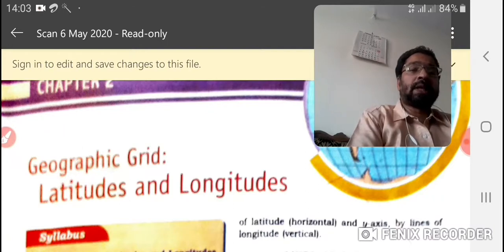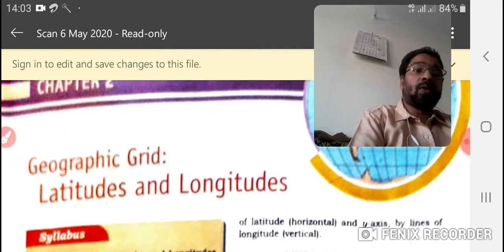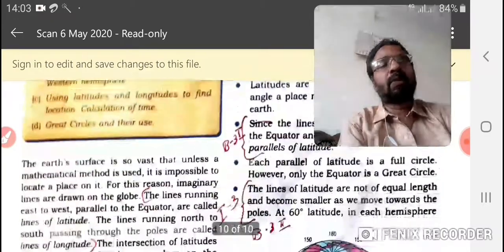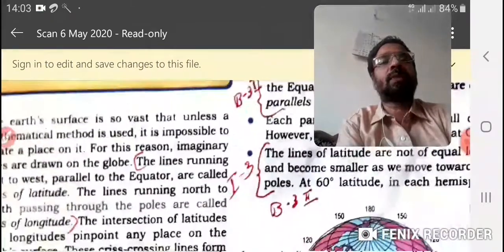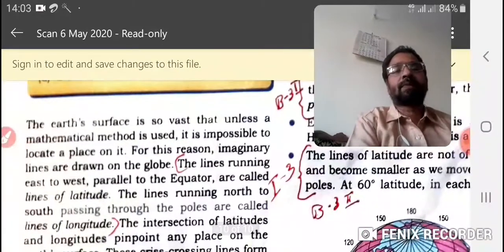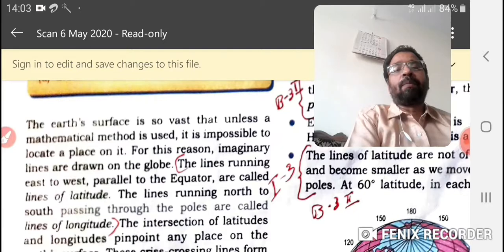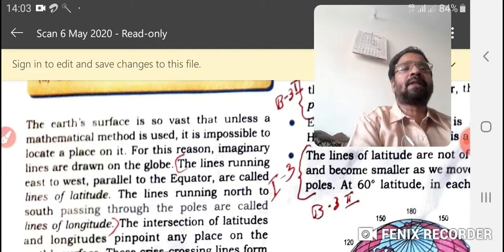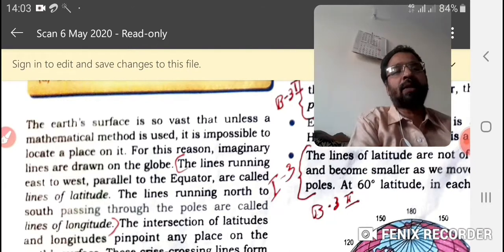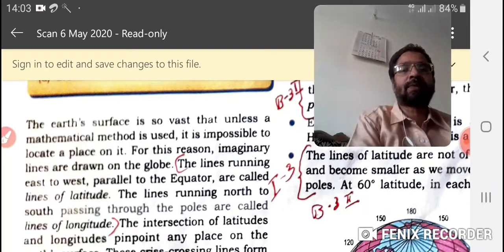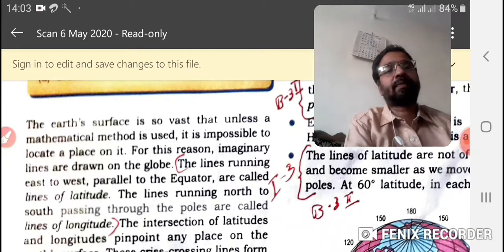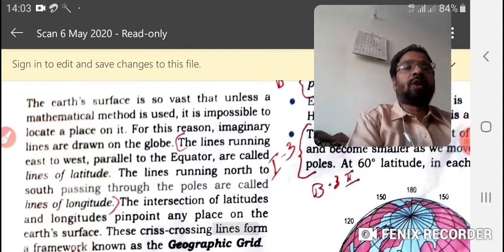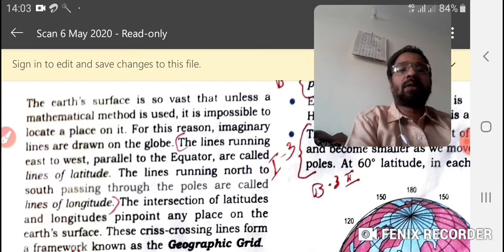As we know, the Earth's surface is so vast, so big, that unless we use a mathematical method, it is impossible to locate a place. In order to locate a place, we have to use a mathematical or systematic method. In order to do this work, we are drawing